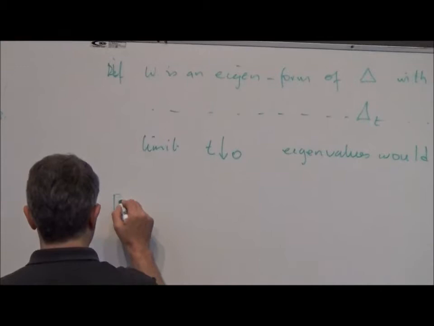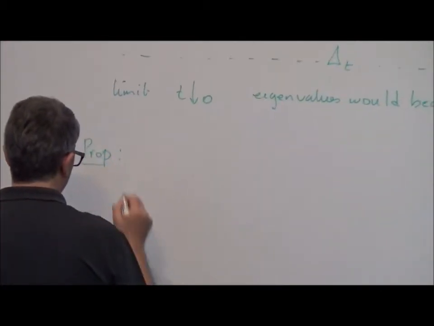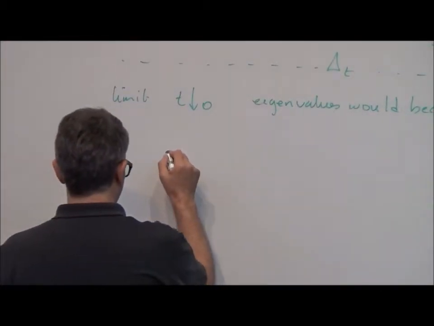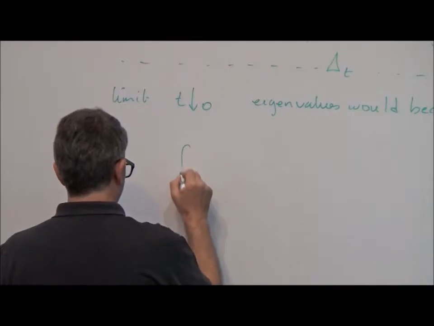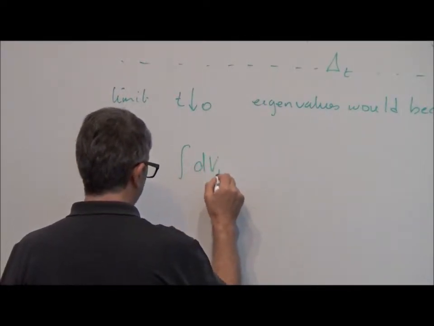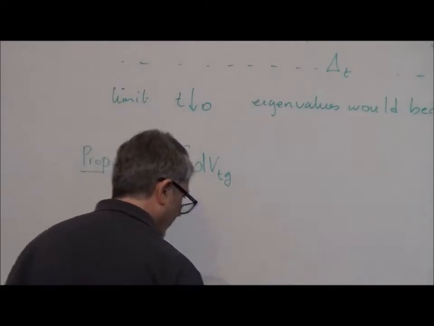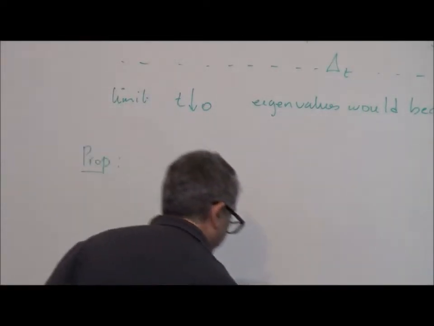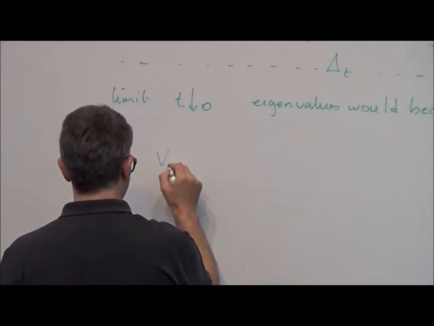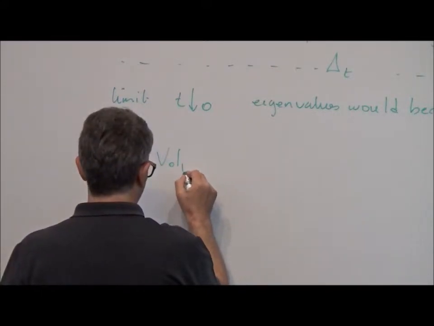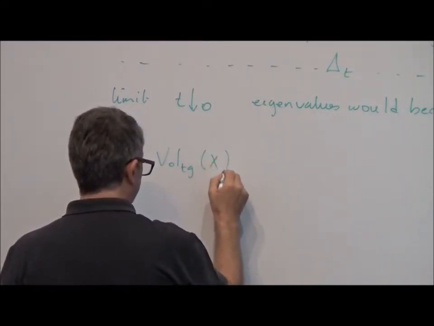So, proposition: the Riemannian volume, this is the Riemannian volume with the metric Tg, so this is the volume of X. So let me write this in a slightly more civilized way. So the volume with the metric Tg of X